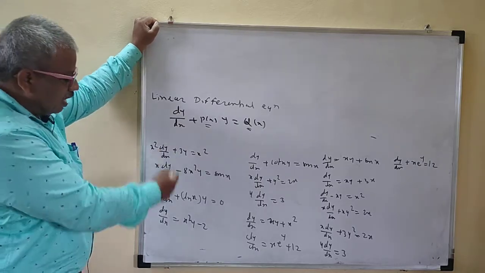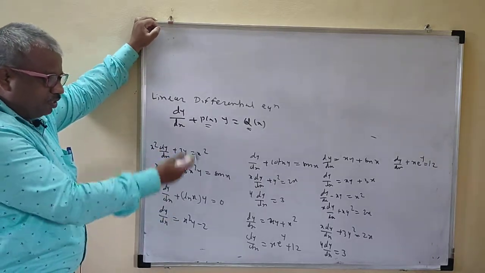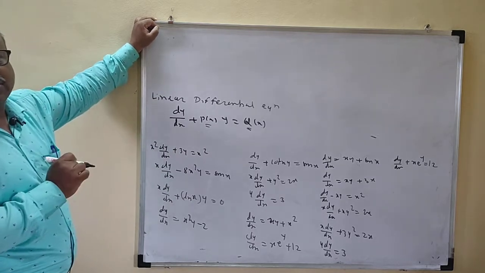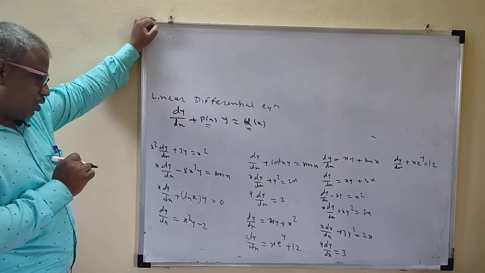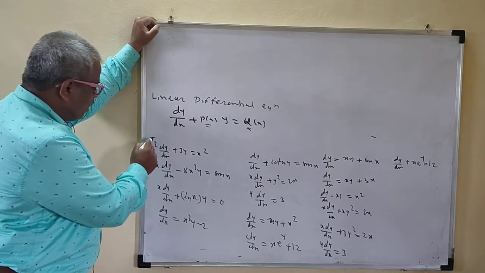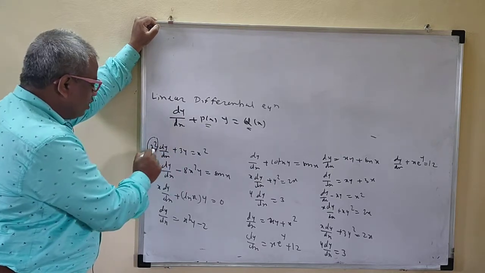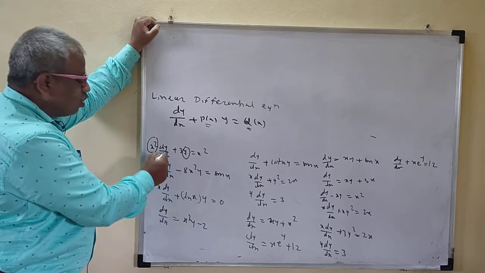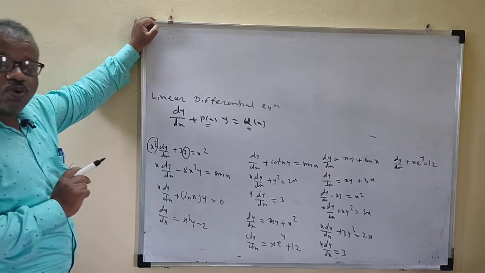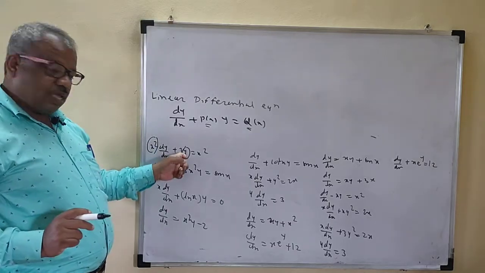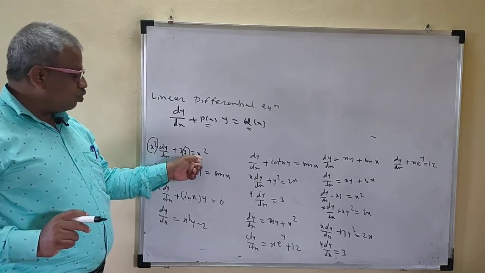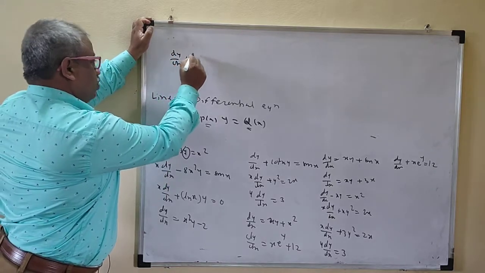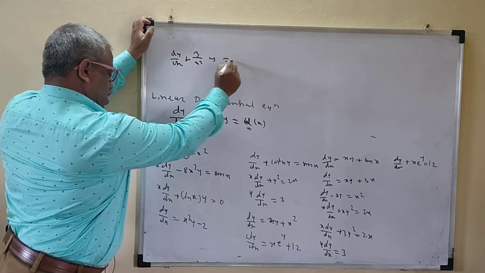Now we see these examples of differential equations. We have to identify whether each is a linear differential equation or not. Here x square is there, but you can shift this x square. This is reducible. There is y only here, no product of y and dy by dx, only one y. You can shift x square here, so I can write dy by dx plus 3 upon x square y is equal to 1.